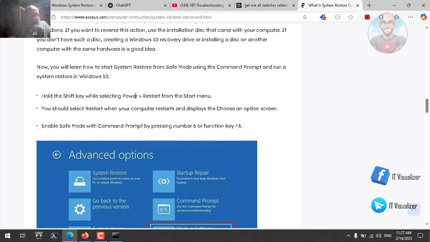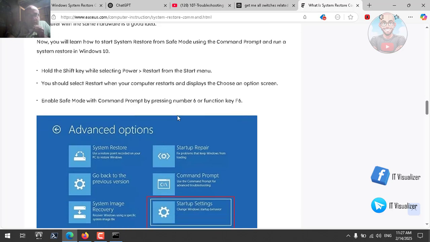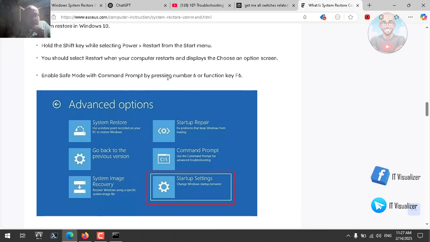Hold the shift key while selecting power restart from the start menu. You should select restart, and when your computer restarts and displays the choose option, enable safe mode with command prompt by pressing number 6 or function key 6. We have the system restore point already. You can use this from the advanced options. We can do that,